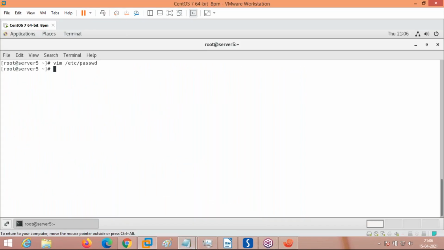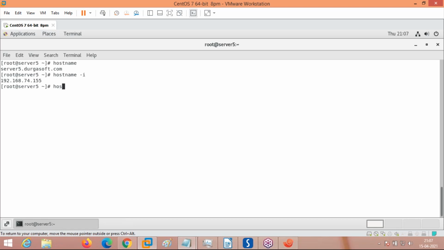Now we will start with small, simple utilities or commands. First command: how to check the host name of the system. The host name of the system can be checked using the hostname command. How to check the IP address to host name mapping of the system: hostname -i. hostname is the command, -i is the option.